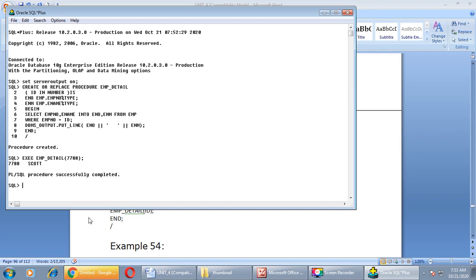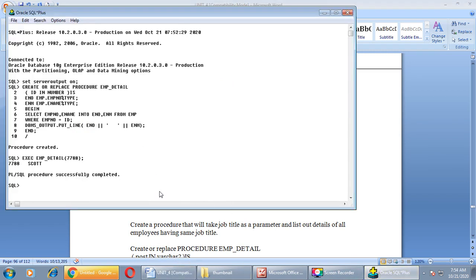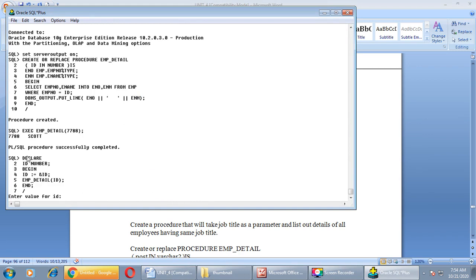Fine. The other way is you can create one PL/SQL block for calling that procedure. Here all of you are very well aware of how to create a block, right?